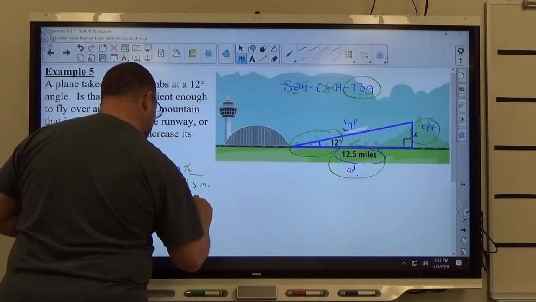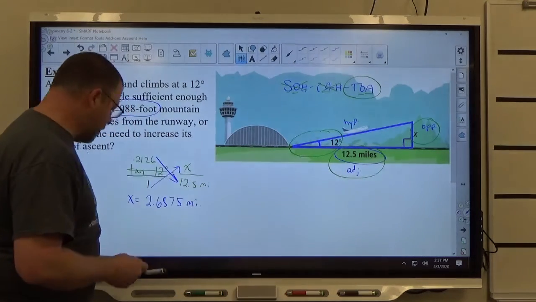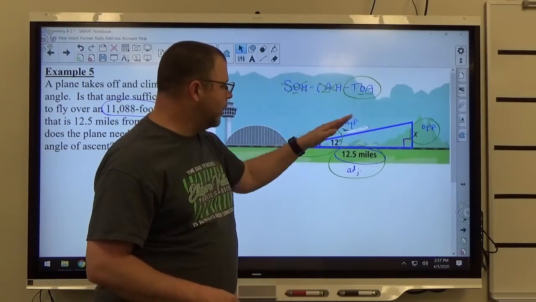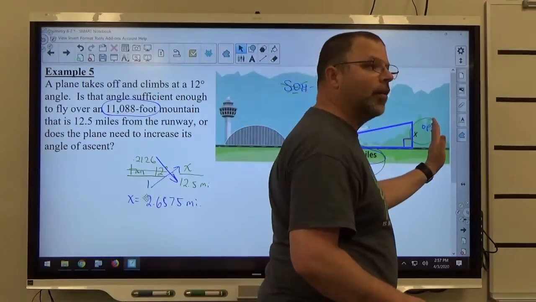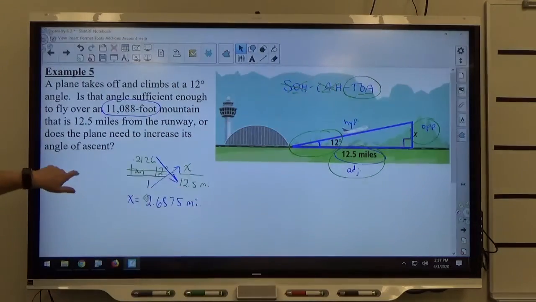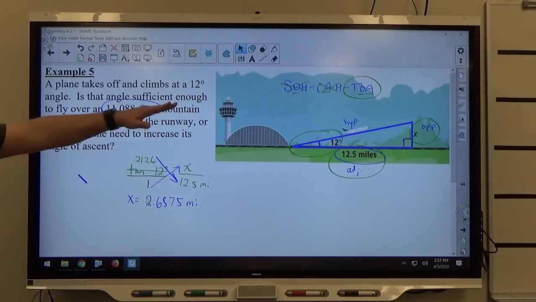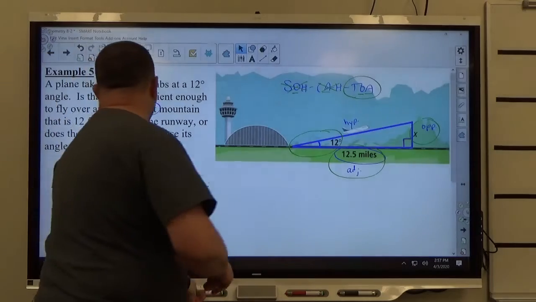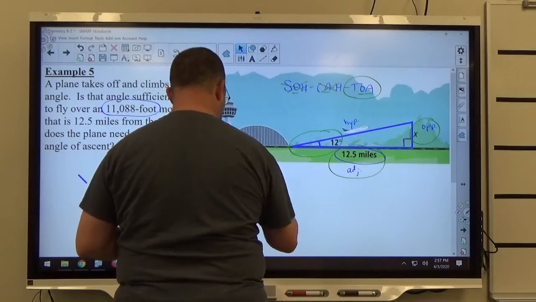2.6575 miles. So if the airplane's flying at an angle of elevation of 12 degrees, as it flies 12.5 miles this direction, it's going to be at an elevation of 2.6575 miles. Now we just have to figure out if the mountain is shorter than that, because again, that's how high the plane's going to be. We know how tall the mountain is, but they don't have the same unit. So the last thing I want to do here is take my 11,088 feet